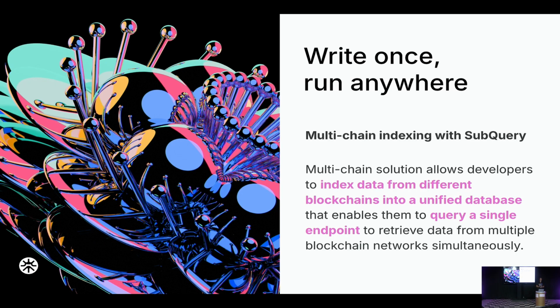So we introduce multi-chain indexing to allow builders to get data across different environments, but in one database, and it will be queryable through one endpoint, right? So you have your few parachains, but you can also have an EVM-compatible chain and a Substrate chain and a Cosmos zone, and you want to index data from all of those networks. You would be able to do it in one database and then query it through one endpoint instead of having a few different indexers, or even dozens of them or hundreds, because it happens that sometimes applications really need a lot of chains.